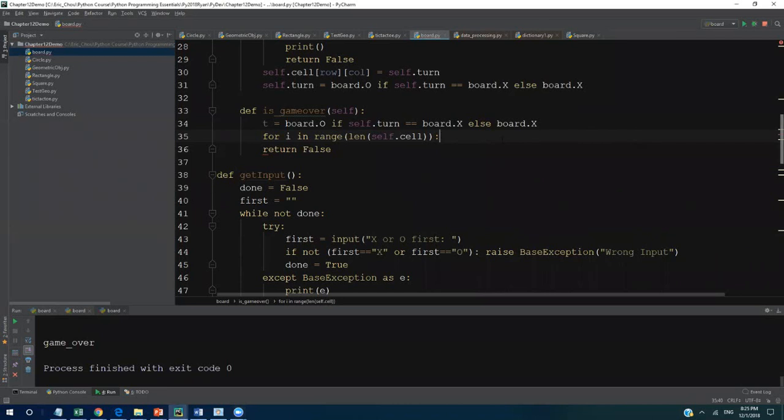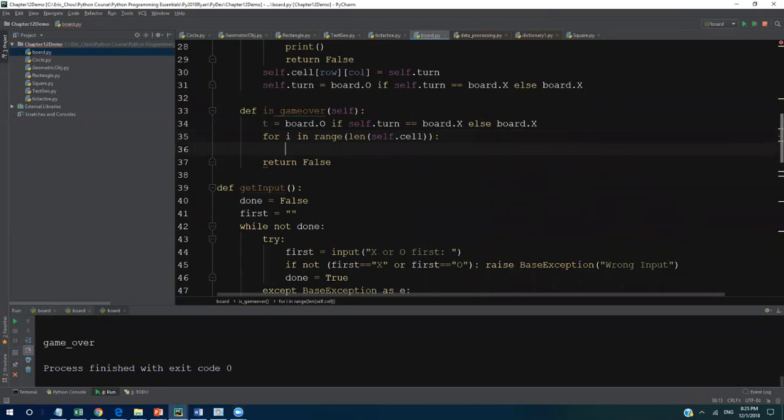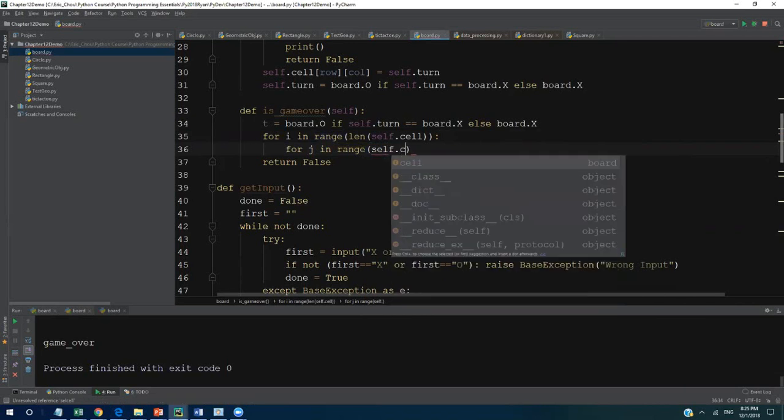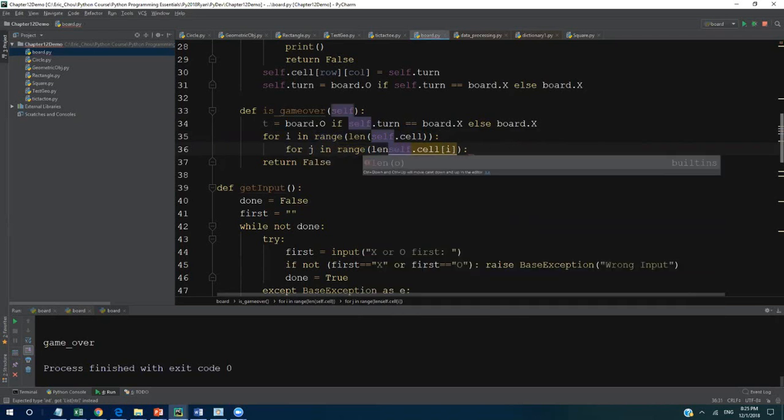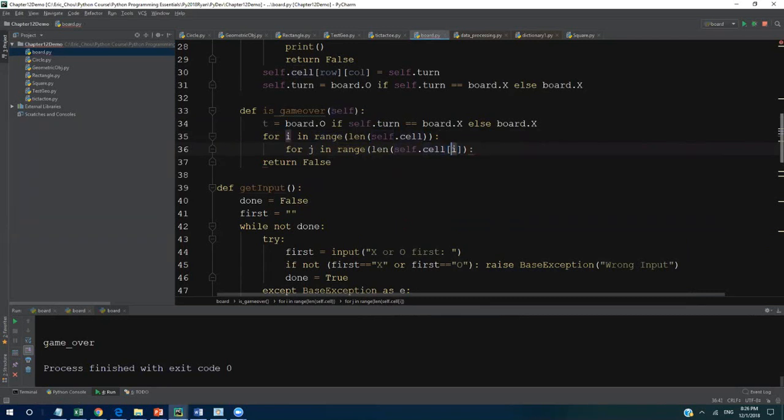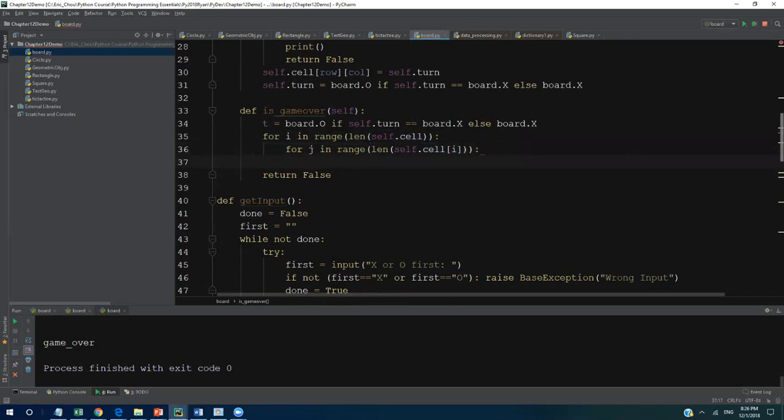Okay, so now I'm going to check whether the whole row has been taken. So here, for J in range, cell I's row. That actually checks three different cells on the same row. Okay, so now I have this, and then I will say that if